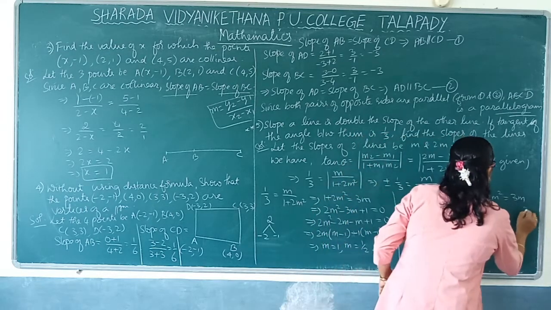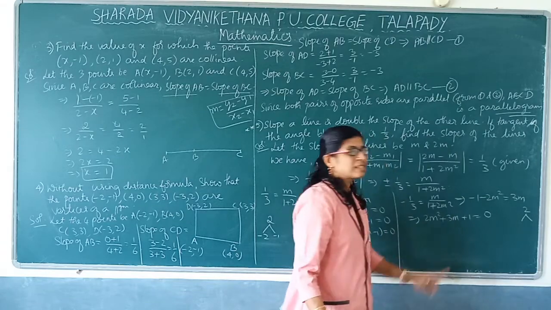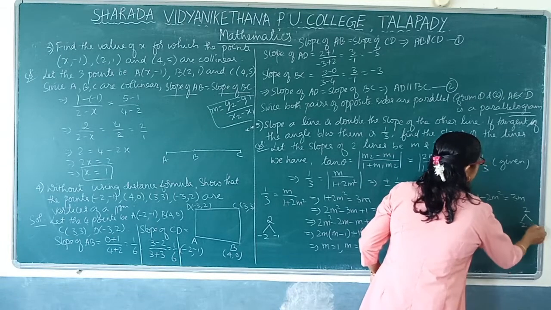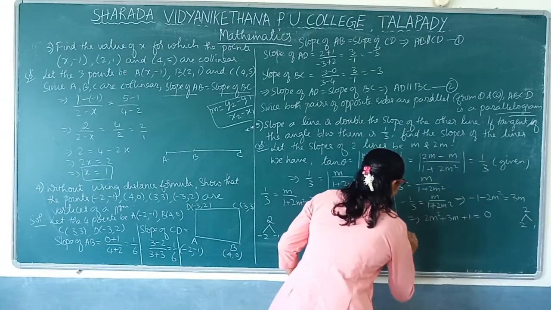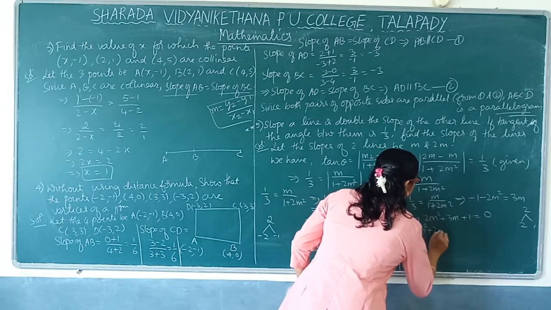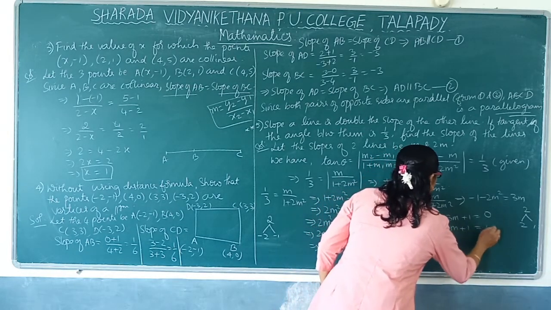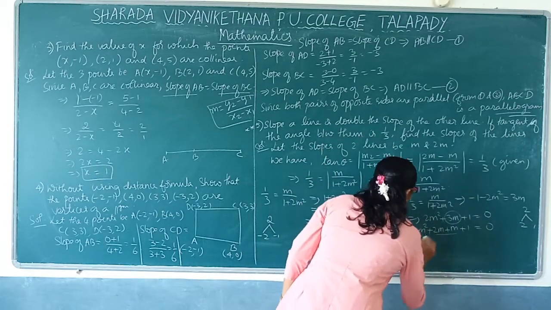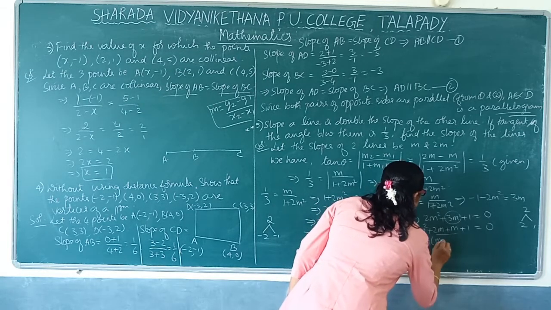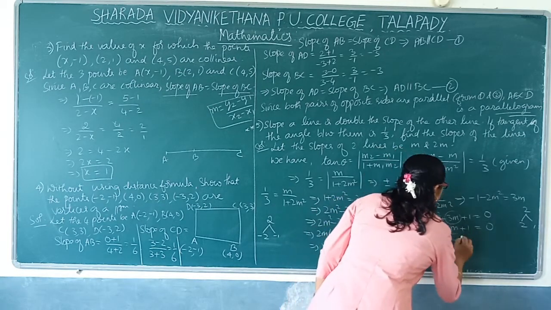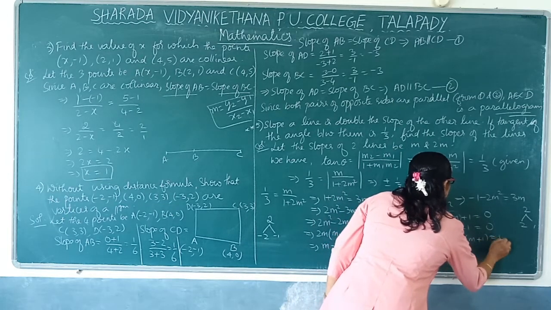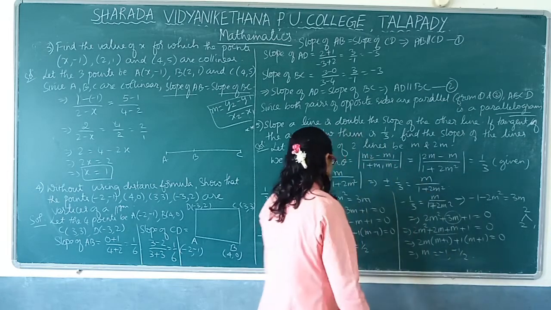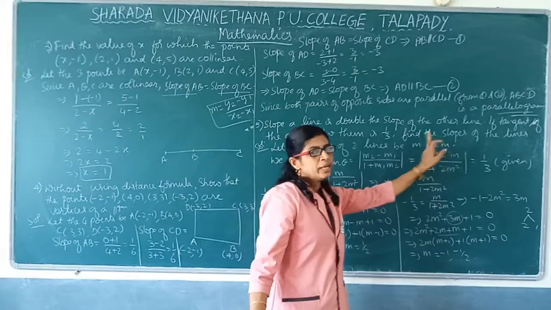Again we need to find two numbers whose product is 2 and sum is plus 3 this time, not minus 3. Okay, so take both these positive numbers. What do we get? 2 into 1 is 2, 2 plus 1 is 3. So split: 2m square plus 2m plus m plus 1 is equal to 0. You are writing 3m as 2m plus m. That's all. Then take the common factor. What is the common factor here? 2m is common: m plus 1. Plus, in these two nothing is common, so 1 you can take outside. So both these are equated to 0. m is equal to minus 1 and minus half you will get as the answer. But what is the actual slope? m and 2m.